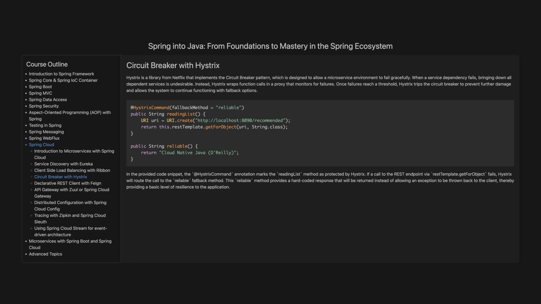Circuit breaker with Hystrix. Hystrix is a library from Netflix that implements the circuit breaker pattern, which is designed to allow a microservice environment to fail gracefully. When a service dependency fails, bringing down all dependent services is undesirable. Instead, Hystrix wraps function calls in a proxy that monitors for failures. Once failures reach a threshold, Hystrix trips the circuit breaker to prevent further damage and allows the system to continue